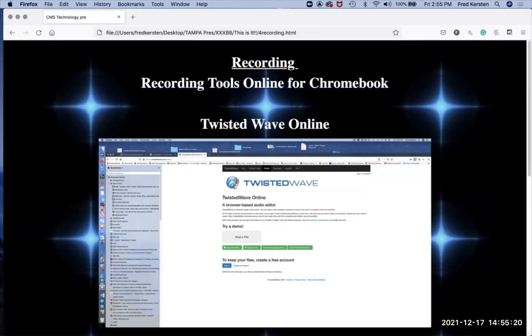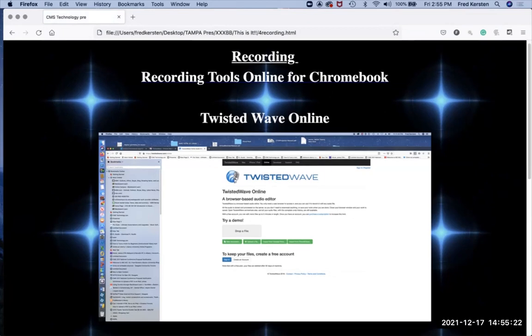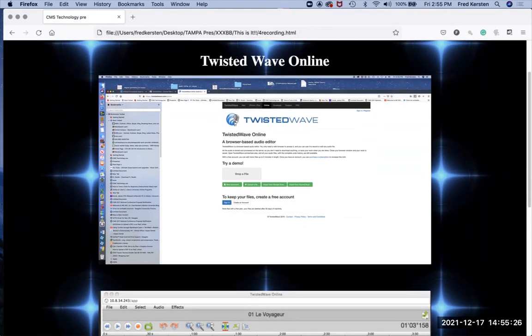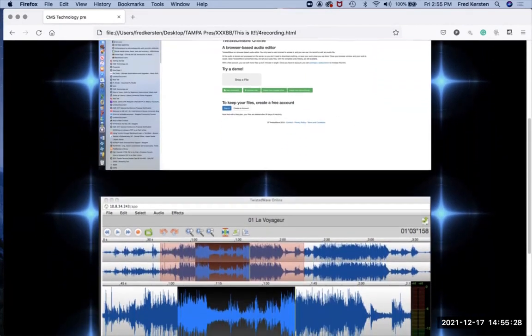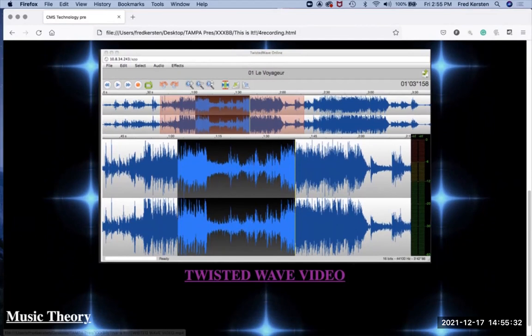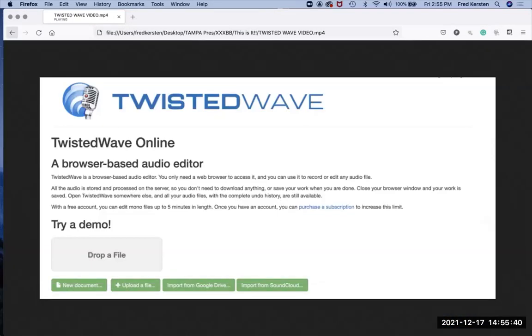When you get involved with recording, there's a couple things that are really fantastic to work with on the Chromebook. One of these is Twisted Wave. I've been using Twisted Wave for a lot of years. I like it very much because you'll notice I can work with multiple waves. It's just the same as working with a professional quality DAW, and you get something like this. Twisted Wave is really a unique opportunity to work online. You can work with it on your Chromebook. You can work with all different types of audio editing just as you work with professional